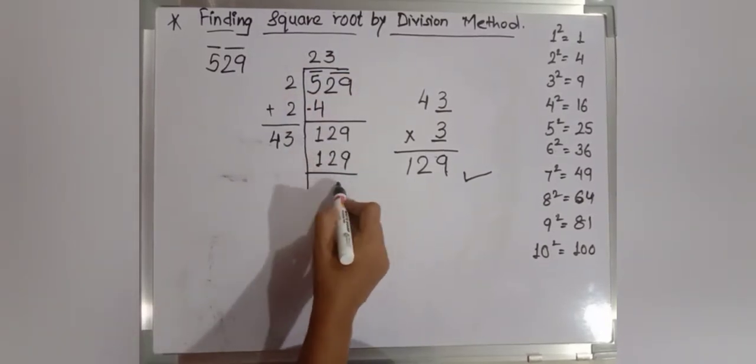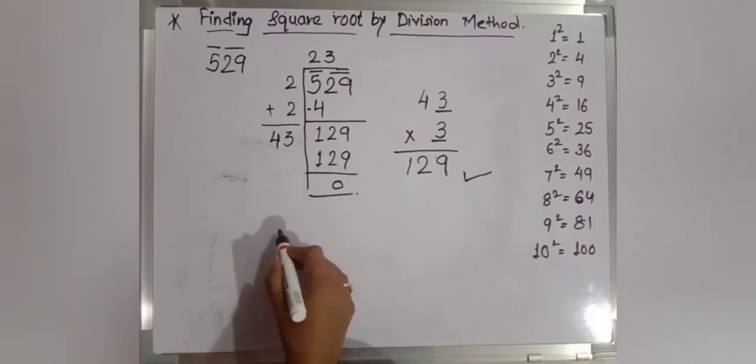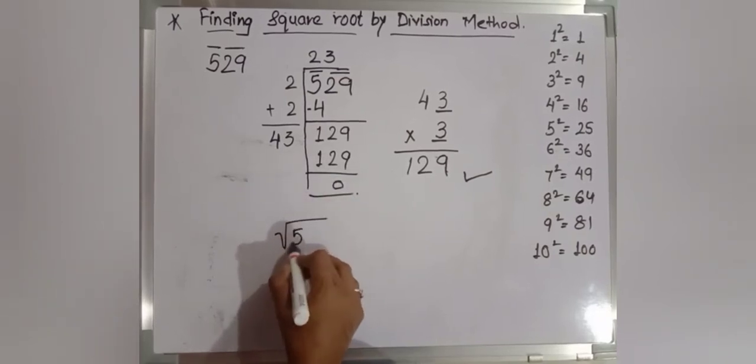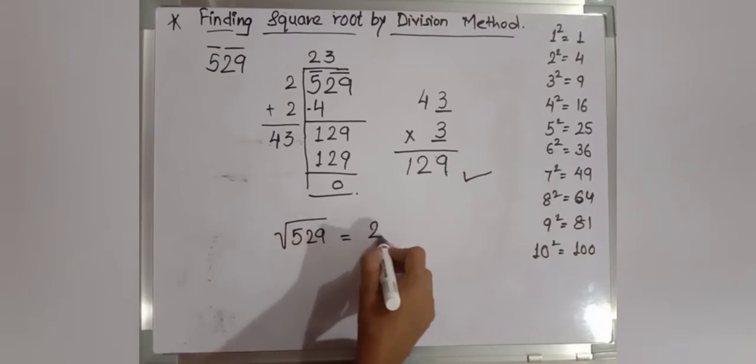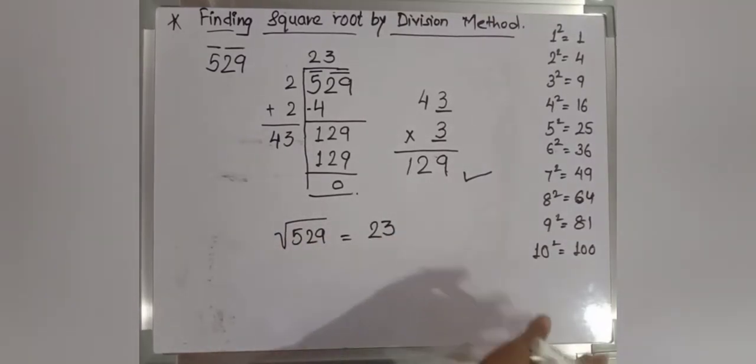So here we are getting the remainder 0. So we can say that the square root of 529 is equal to 3. Next example,